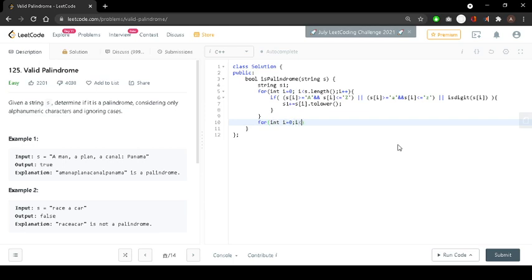So here, i less than s1 dot length, i plus plus. Just wait, I will tell you why this step is right here. Before that, I will use a boolean variable which would check whether the string while iterating is a palindrome till that point or not. As soon as we find the string is not a palindrome, we will exit this loop.